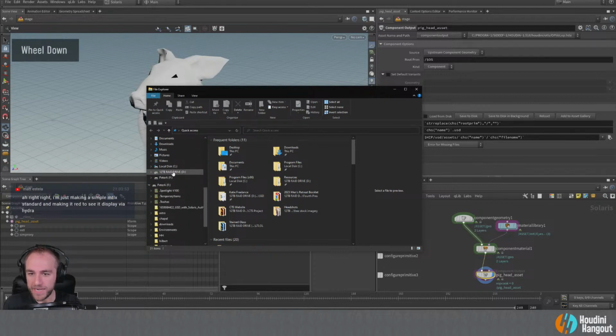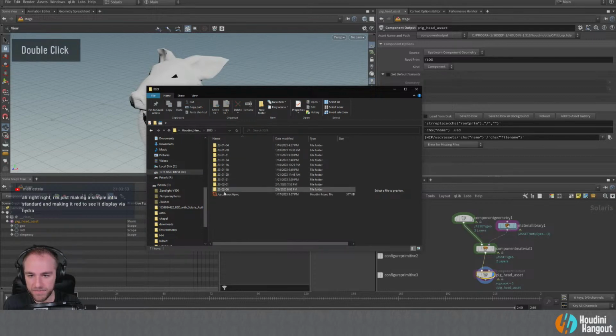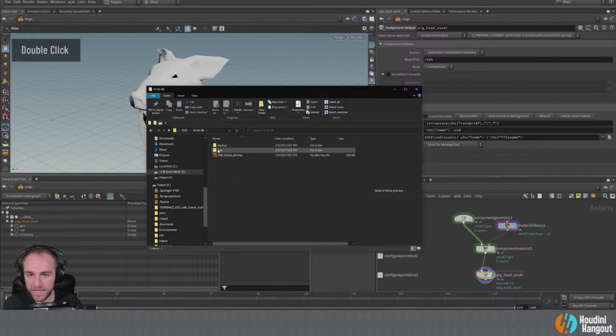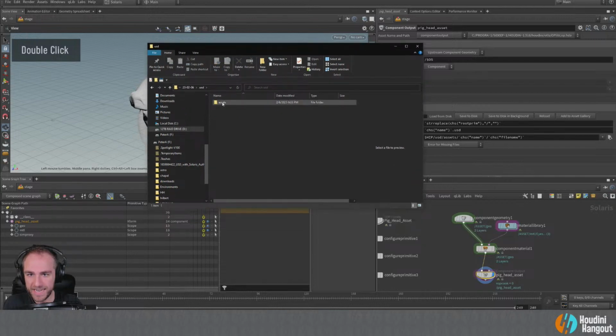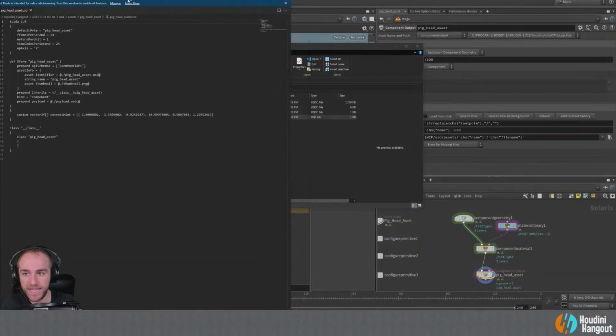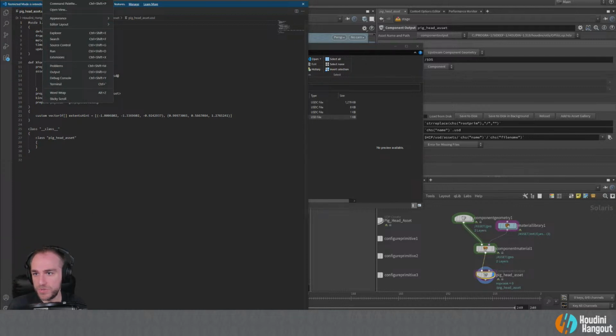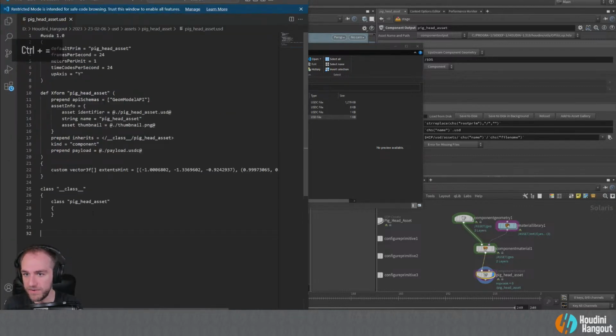So what happens with this component builder here is that, sorry, let me just get to where I saved my files here. It makes a USD folder for us, makes an asset folder, and then here's our pighead asset. And there's all these different USD files here. This top level USD file we can actually read because this is a USDA file. Let's see here. Can I make these? There we go.